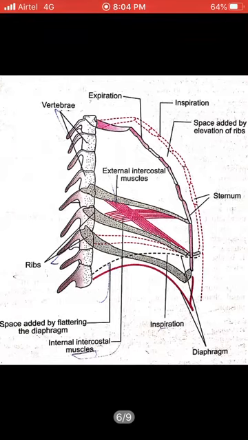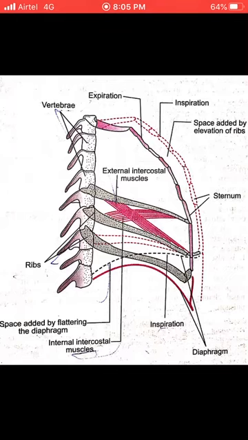Basically, respiratory movement is done 12 to 16 times per minute. So what is inspiration? Inspiration involves intake of fresh air into the alveoli of the lungs, and this is an active process as it consumes energy. And there are two types of inspiratory muscles, that is the diaphragm and the external intercostal muscles. These muscles extend from the diaphragm to the ribs and vertebral column. You can see these extend from the ribs to the vertebral column.